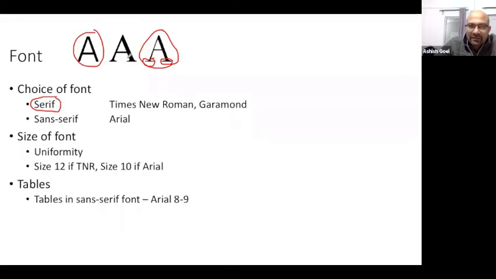So that's the serif font. If you look at this font, that's also a serif font. When you have these lines at the ends, the small lines, these are the serif. And this is a font which is without the serif. That's why it's called the sans serif font. So when you look at Arial, which is the common font we use, that's a sans serif font. And when we use Times New Roman or Garamond, those are serif fonts. So in a manuscript, usually if you are writing a book, you will always find serif fonts. Whereas when you are making a presentation on PowerPoint, you will find a sans serif font.